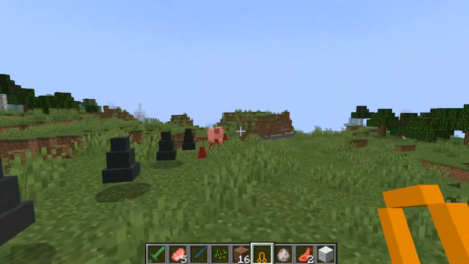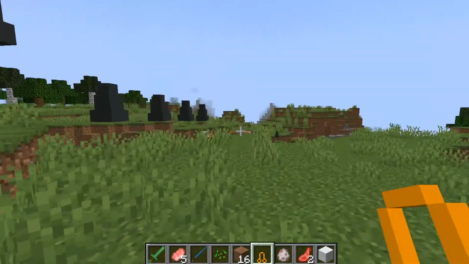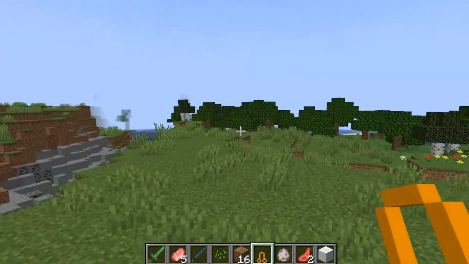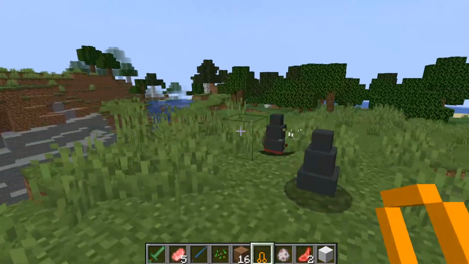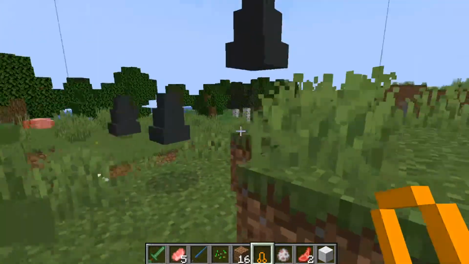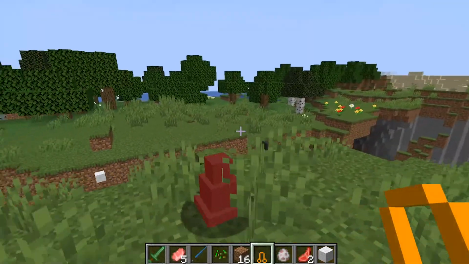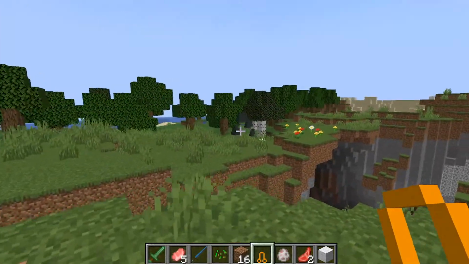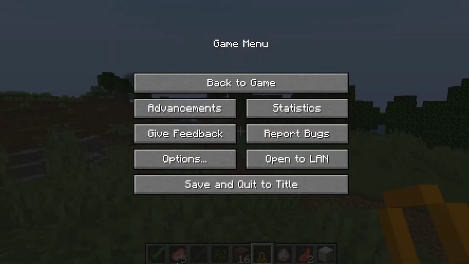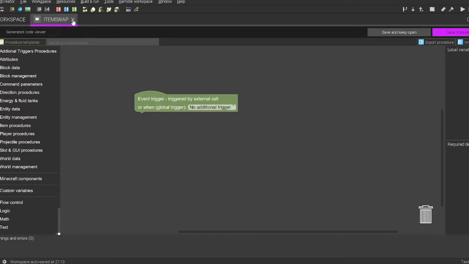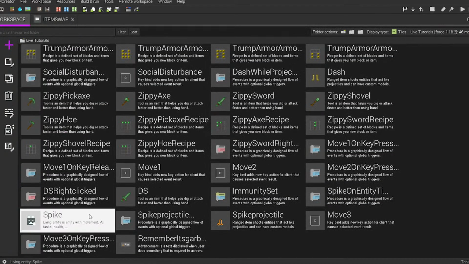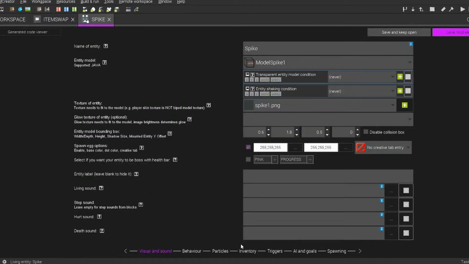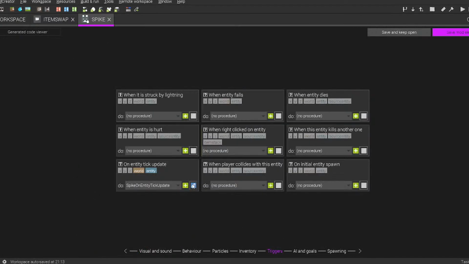Die, sheep. You know what would actually look cool if I made it like a laser wall that rises up? That would look cool. Because obviously this is too fast. I need to set it to like 0.01 or something for movement. So if I go to the spikes, triggers,